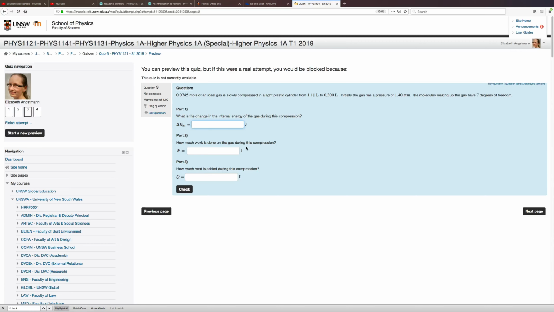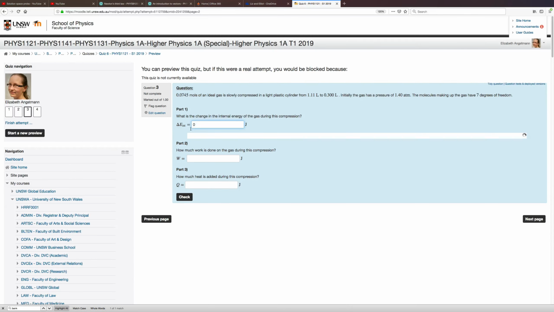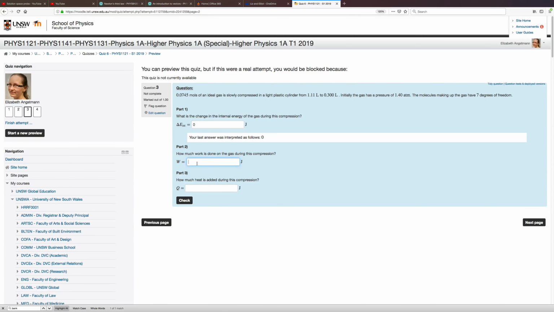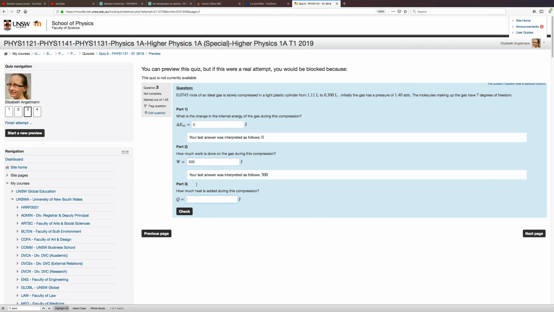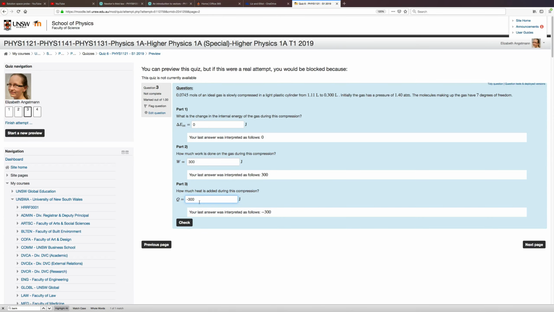The quiz is programmed up with carry-on marking. So in this one, the correct answers are 0, this one would be 207, and then this one would be minus 207, and this one depends on this one. So let's say I enter the first part correctly, but then I enter an incorrect answer to part 2. If I use that incorrect answer to part 2 to calculate part 3, which would give me minus 300 in this example, when I go to check,